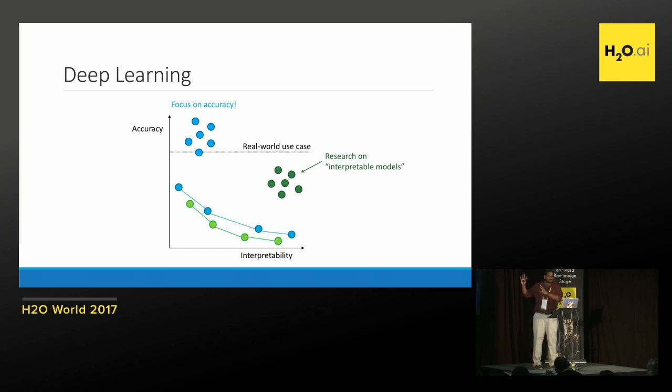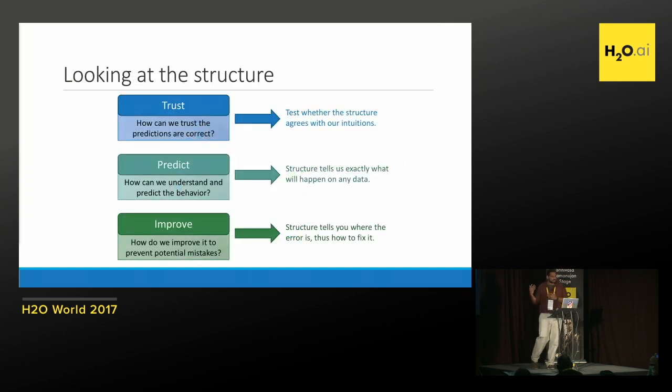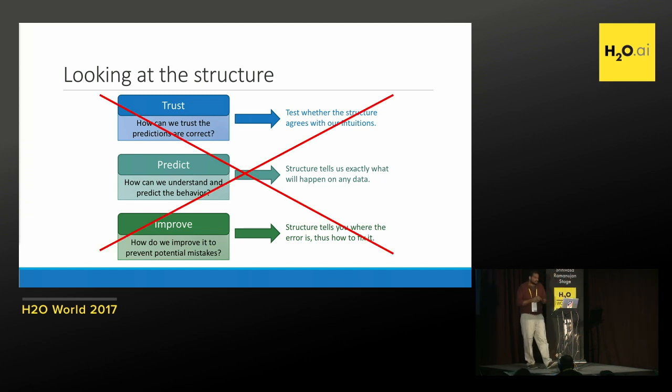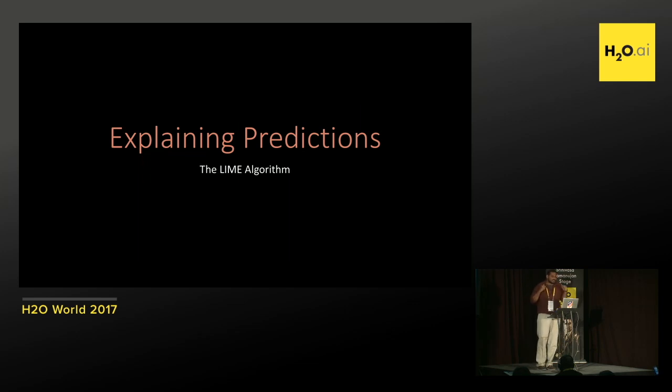Right? So there's a bunch of methods that just focus on accuracy, trying to get as much as possible. And for many tasks, as we increasingly became aware of, in terms of accuracy, they sometimes beat humans. Right? The problem now is that it's too complex. So all of these things that we were doing by looking at the structure, they kind of go away. Right? So with this, we sort of started looking at, OK, can we actually create an algorithm, which we call the Lime algorithm, to explain or to sort of simplify and explain why these models are making the predictions they do.